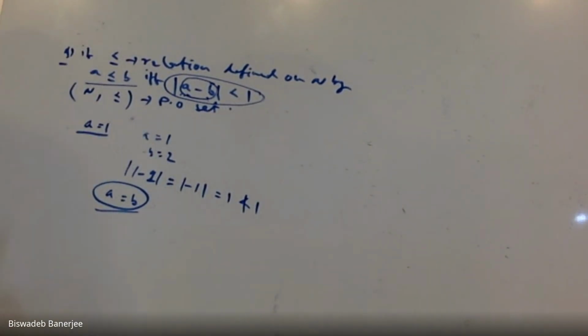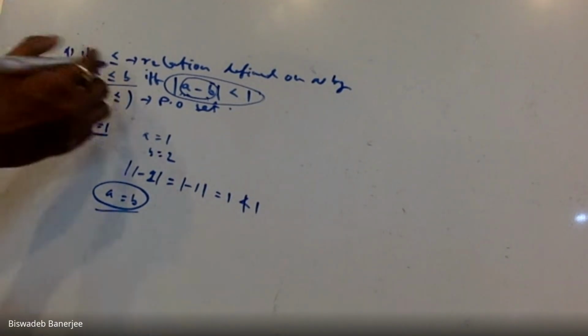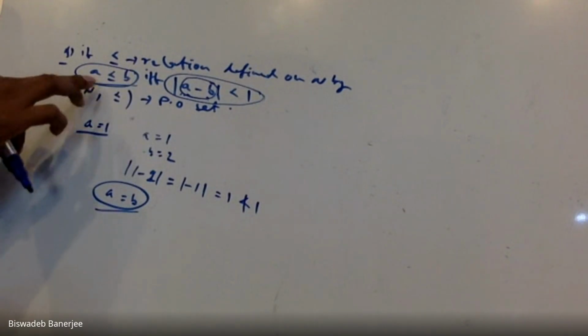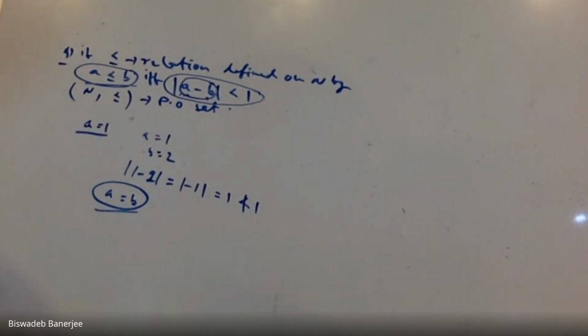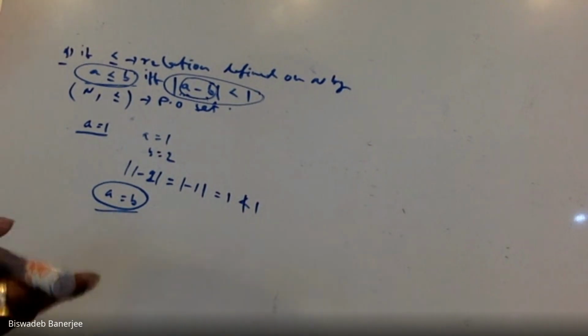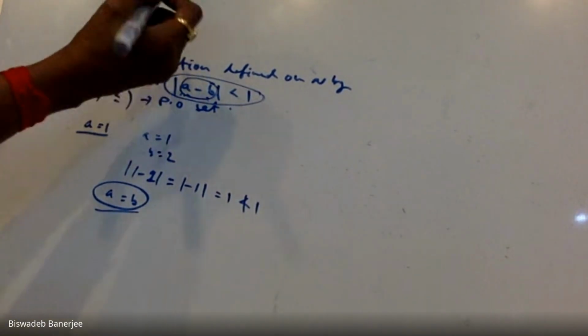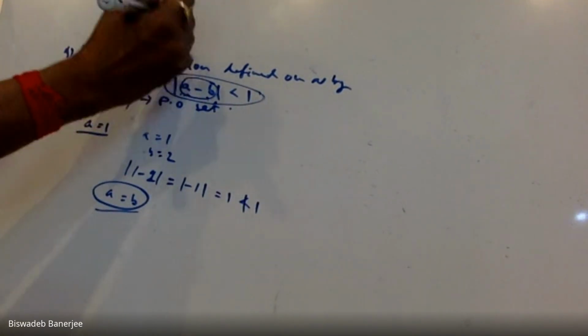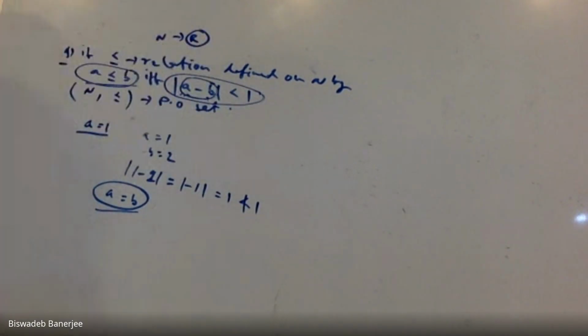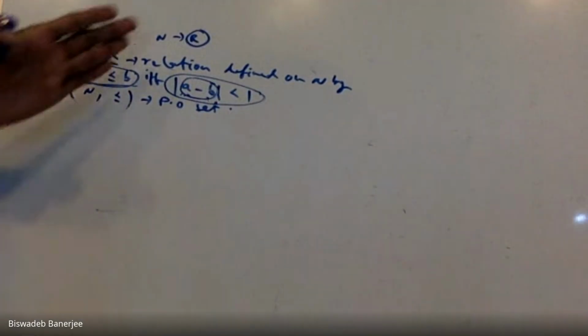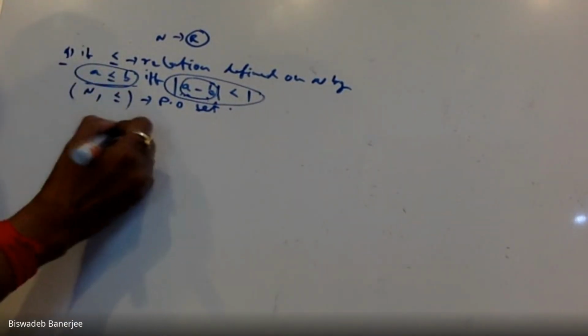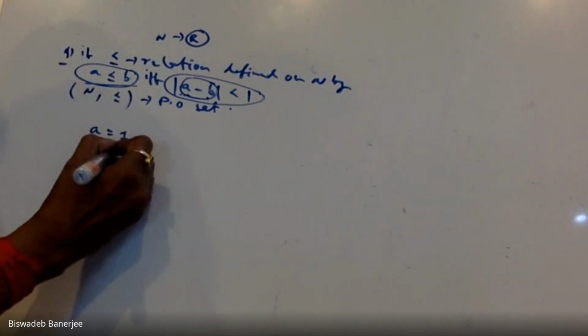So the question arises: if a is less than or equal to b holds, but b is not a natural number, what happens? That means if our given set is the set of all real numbers, not N. If we take the set of all real numbers, in that case we can take a and b anything. Suppose I am taking a equal to 1, b equal to